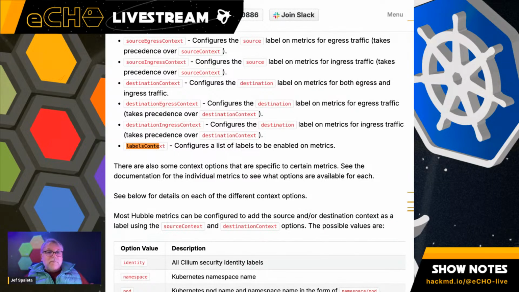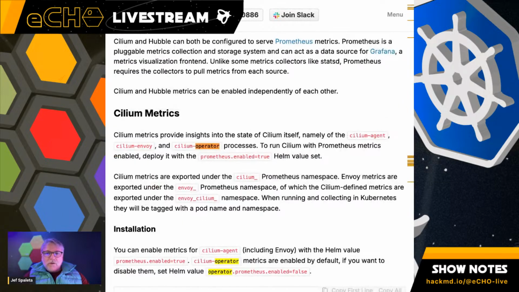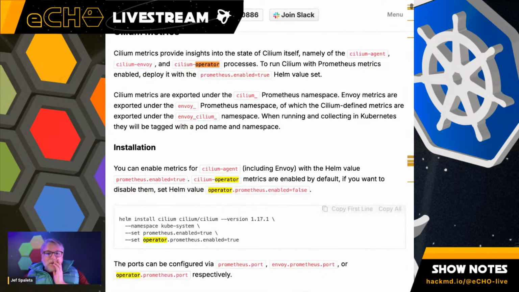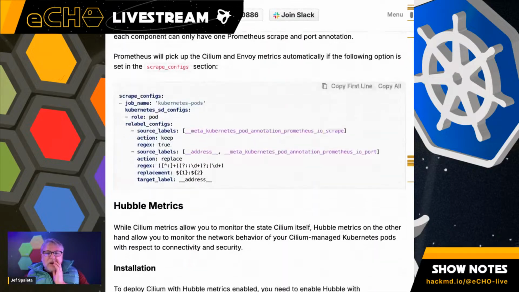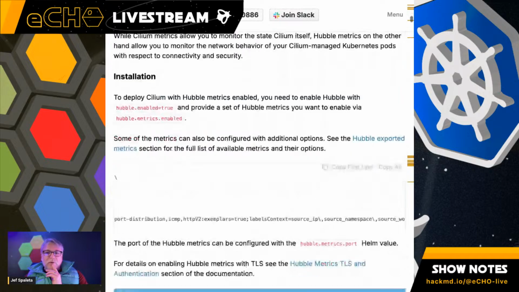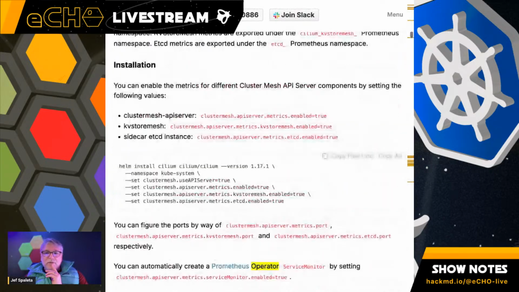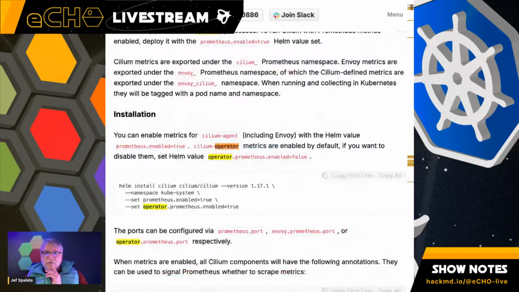Oh, what are the recommended metrics? Well, Sherwood asked in the comments: by default, the Cilium operator has its metrics enabled, and I'll show you what that looks like in my environment. So if we look at the operator metrics, operator metrics are on by default when you enable Prometheus metrics. And then you have to enable the agent metrics if you desire them. So the operator metrics,